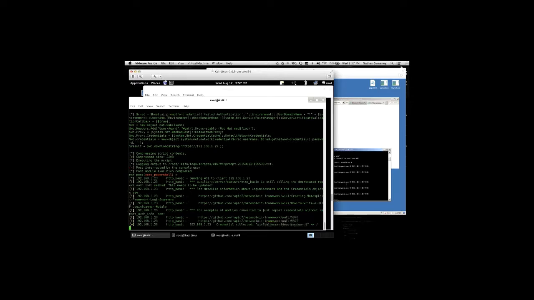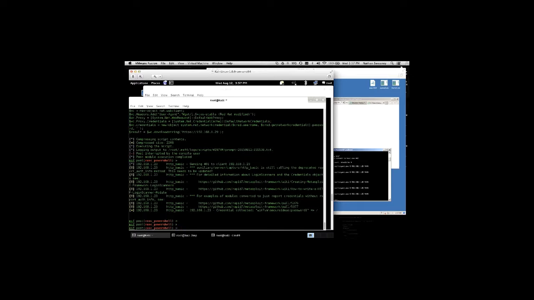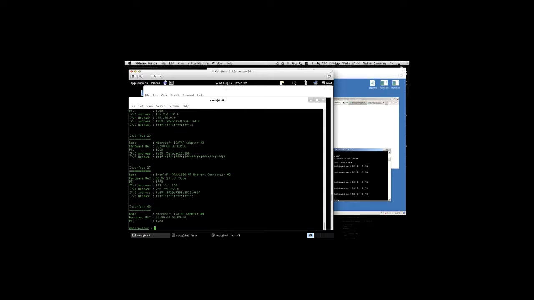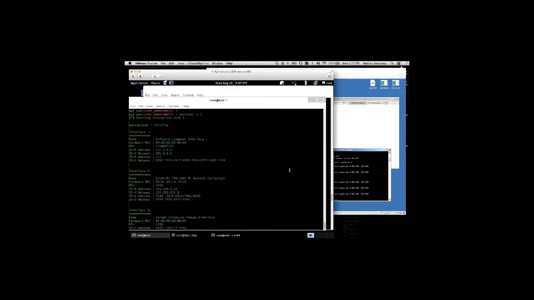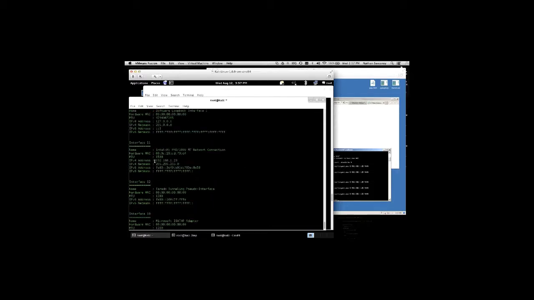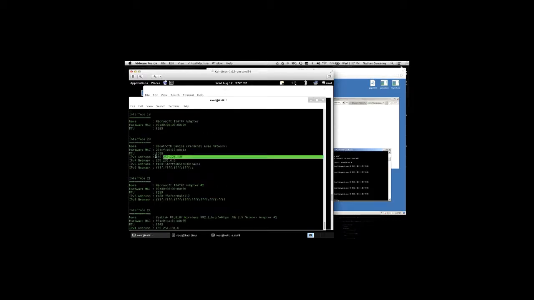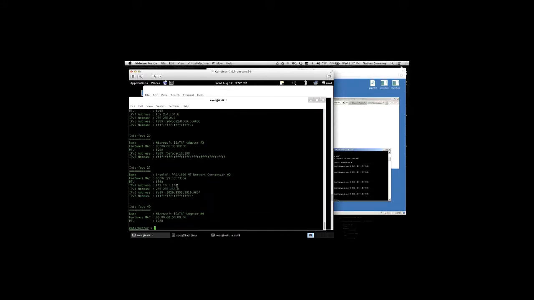Now, actually, let me see if, okay. So if we do sessions -i 1, if we do ifconfig on this, now you notice it's a Windows box, but I typed ifconfig, right? Meterpreter does the fancy little translation there and says, oh, you meant ipconfig. And because this is a demo virtual machine, there's a whole bunch of virtual interfaces here. But if we look, interface 11 is the IP that we've been playing with, right? That's the network that we're on. And if we scroll through the rest of these, most of these don't have IP addresses. But this one does,